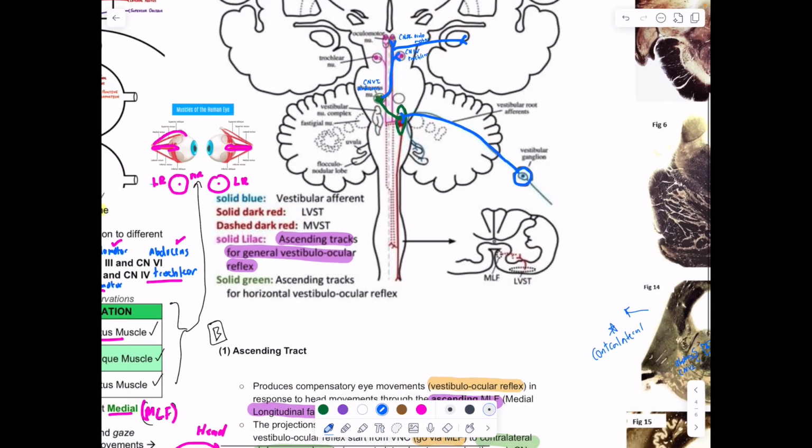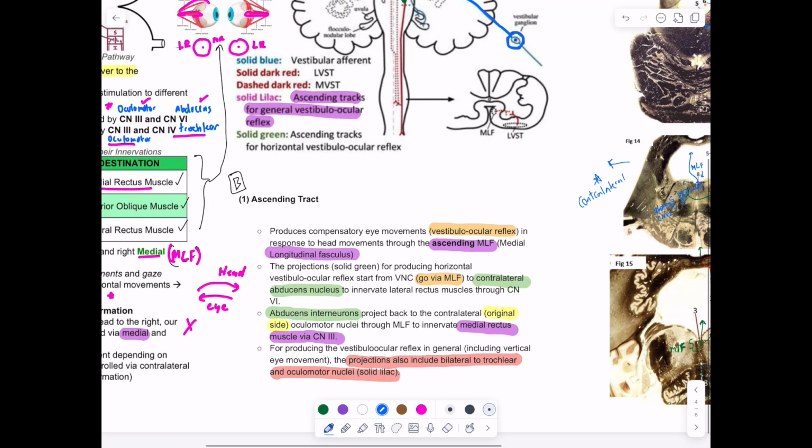Okay, and so that's quite literally it, but let's see that in text. So the idea is that we take in innervation from the vestibular system. It's like, hey, we've moved our head, right? We have some angular acceleration, or the head's moved up and down, or left and right, whatever it is, we would like you to move your eye to compensate for that. All right, so it's going to produce compensatory eye movements through the vestibular ocular reflex in response to head movements